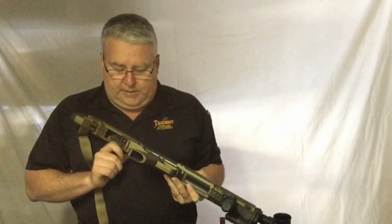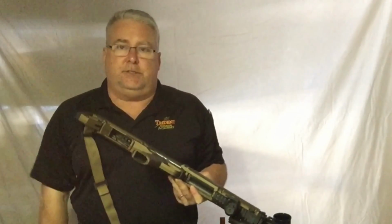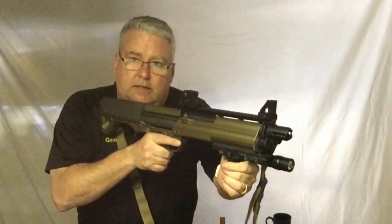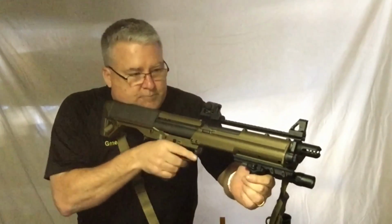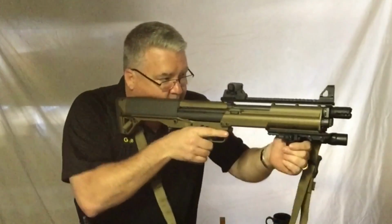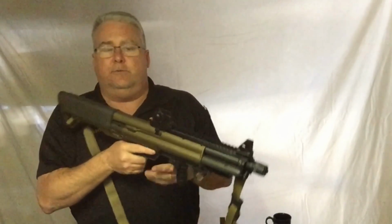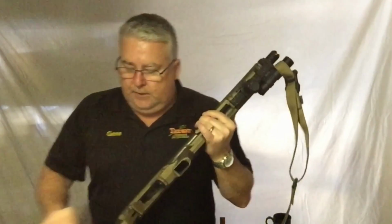One of the things I like about this is the ease at which changing feeding tubes. I'll start with it on the right tube all the time. Once it goes, I get a click instead of a bang. All I got to do is swing my wrist, and now it's feeding from the left. So fire it out, click it over, finish firing out the left tube, and then reload in reverse order. So I really do like this extended